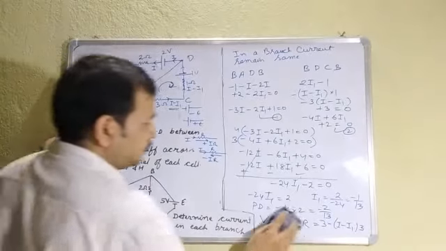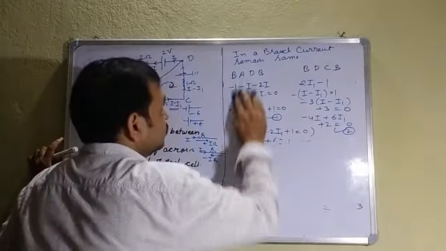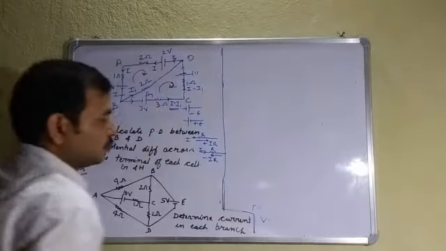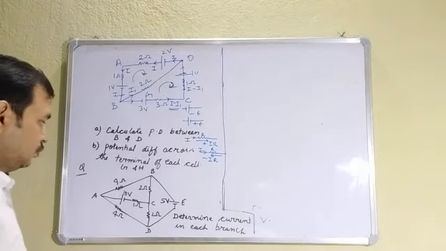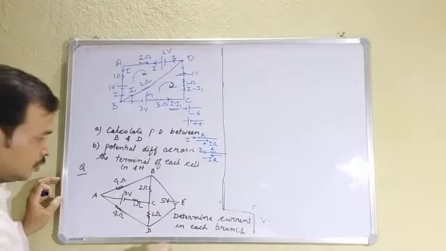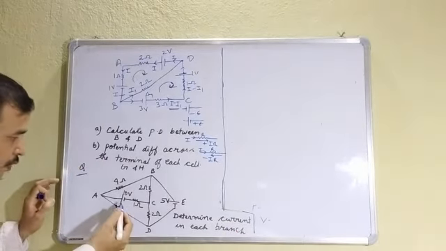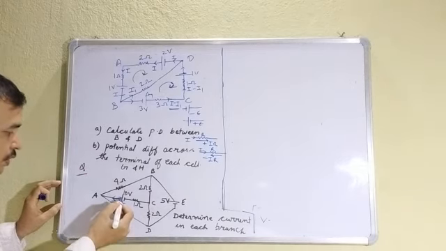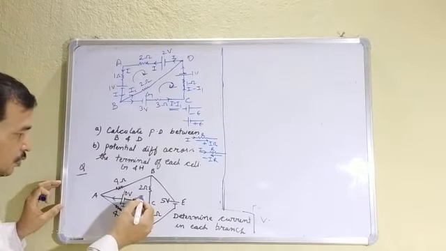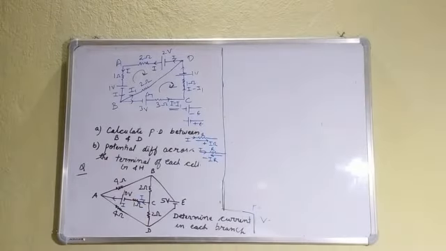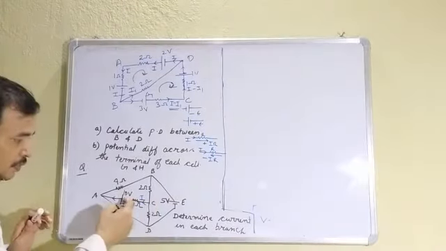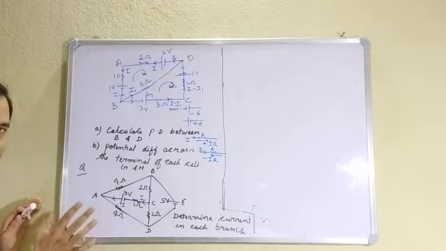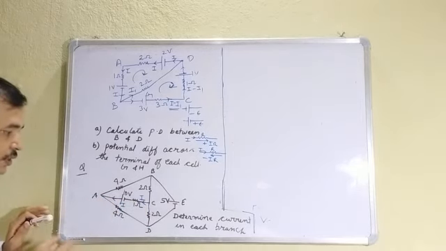Now second question. So in this second question, determine current in each branch. Okay, we have 2 cell. So suppose I current is coming from this cell. So I will enter also. I have told whatever current you are taking out from the cell, that current you have to send inside the cell. And the current in the branch is same from C to A. C to A is a branch. So I current is here, I current is here.